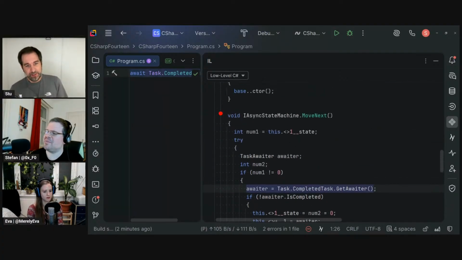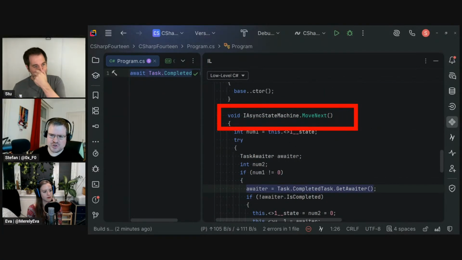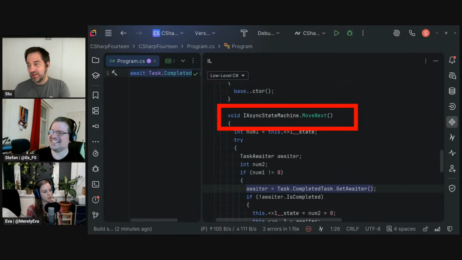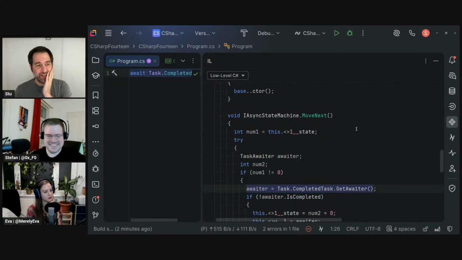So if we have the new version and the state machine is kind of gone, does this mean we get sensible call stacks when using async await? I don't know. I think so. Sounds too good. Yeah, I think I actually just need to research it. I haven't got hands on with it, but